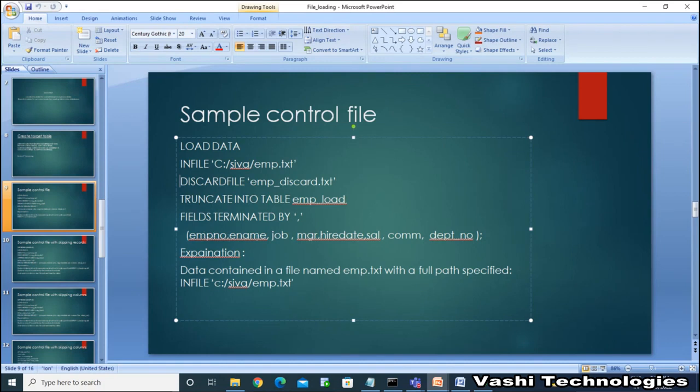So column name, whatever columns you are going to mention, you already designed the table. In this, you mentioned emp_load is your existing table, so you already created the target table. That table and its definition were defined earlier, and you are using that simply by mentioning the column names here in the control file of SQL loader. So in SQL loader, you already created the landing table and you are using those columns in this. But you haven't created any table in